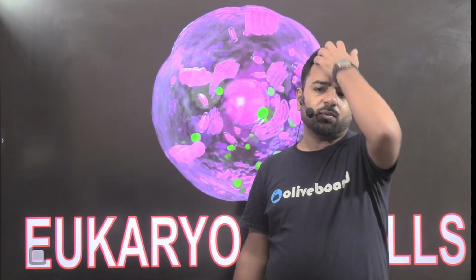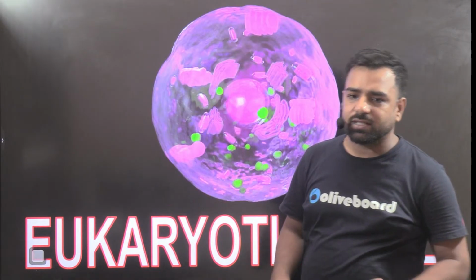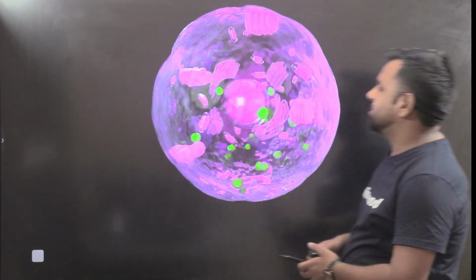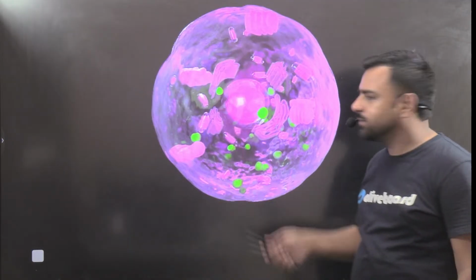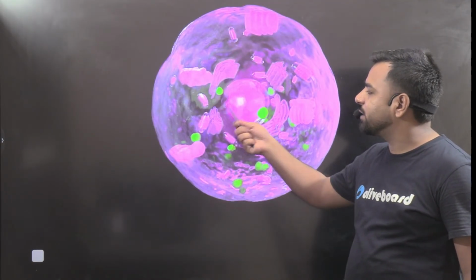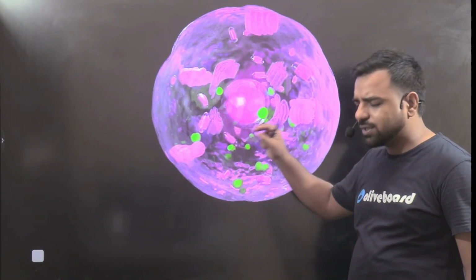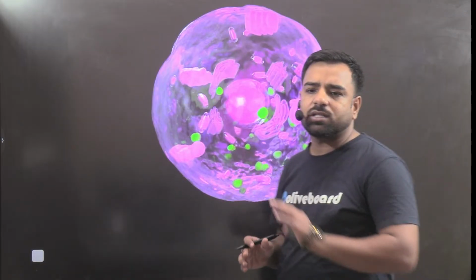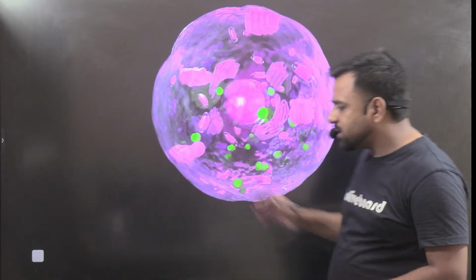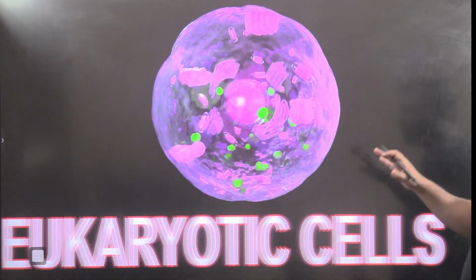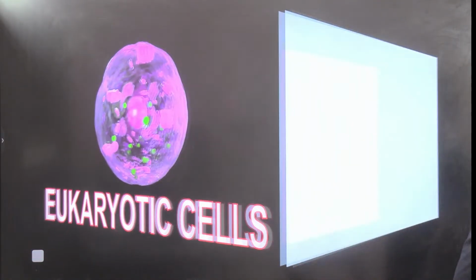Yes, now it's the time to understand the eukaryotic section. In the eukaryotic part, you'll find that the cell is fully developed. Everything is here: nucleus, endoplasmic reticulum, Golgi bodies, mitochondria, vacuoles. You'll find each and everything present here. One by one, let's understand it. These are the cells which are fully developed and they are known as eukaryotic cells.